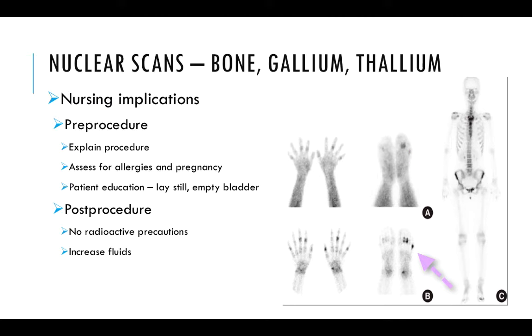And look down there at B at the right foot. Now the right foot, you can see that there's hot spots in picture A in the second and third and fifth toes. But you don't really see that hot spot there in the ankle. And while it kind of looks like the fourth toe may be hot in the left foot in picture A, you can really tell there's some inflammation going on in the left foot in the second, third, and fourth toes